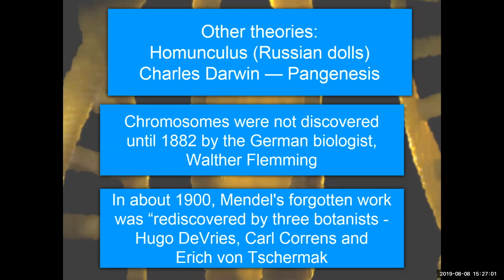And now the developments are coming overwhelmingly rapidly. But back then it took a while to even get the idea of chromosomes as part of the whole issue of genetics and inheritance. In fact, there was a big backlash, and some people basically denied they had anything to do with genetics for a long time. It wasn't until 1900 that Mendel's work was rediscovered by three different botanists, kind of